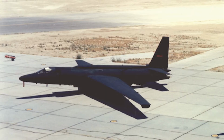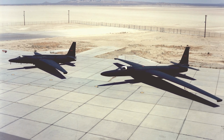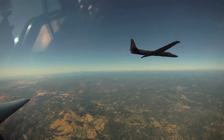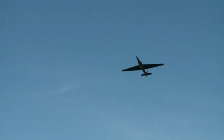By 1967, there was a new U-2 in town that boasted a design that was 40% larger than its predecessor. And all that added size came with a number of significant improvements. The U-2R offered quadruple the payload capacity of previous U-2s and around twice the range,